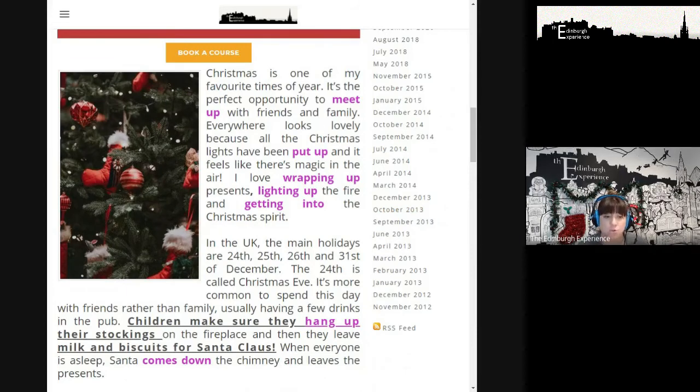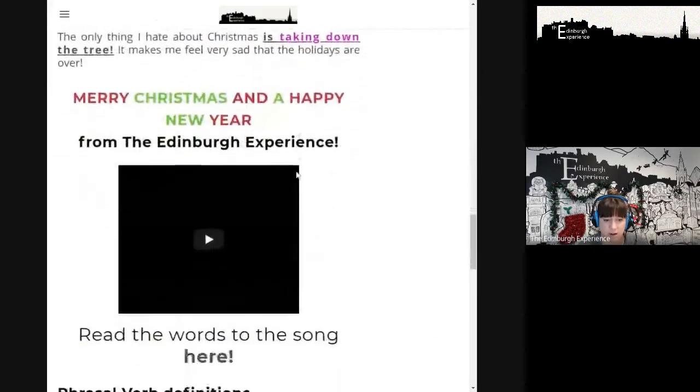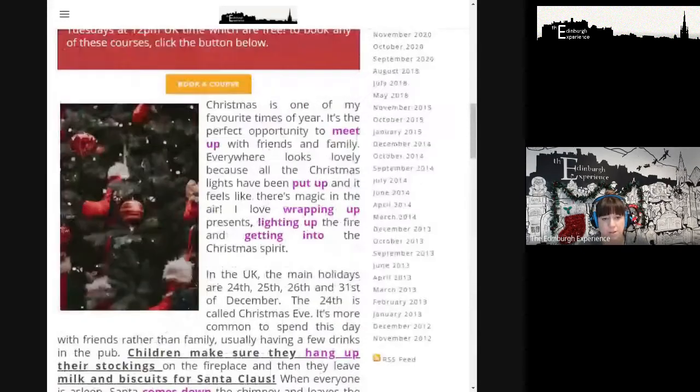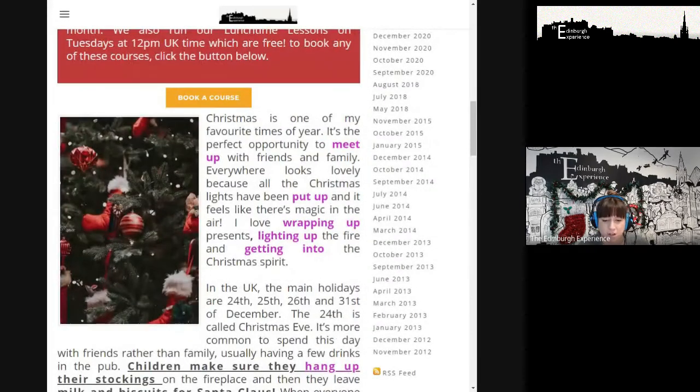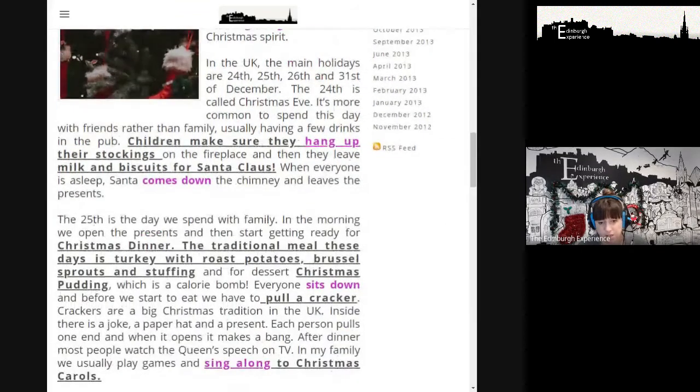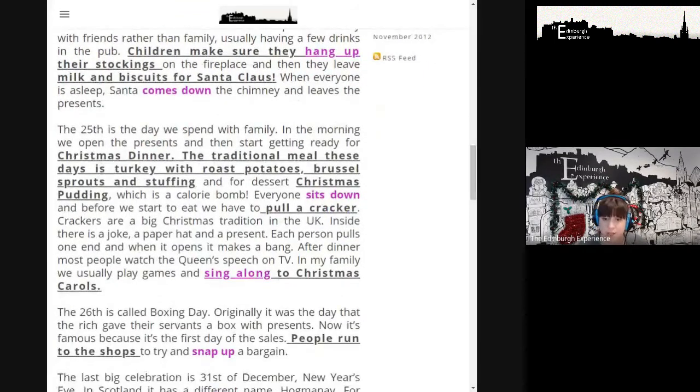So I'd like you to read through the text, and I do have the answers down here, but don't look at them yet, okay? So read through and see if you can understand the meaning of the words from the context, okay? And then what we're going to do afterwards is we're going to discuss them together, and we're going to see if we can think of an opposite for each of these. All right, so I'll give you a few minutes to read, and then we'll come back to the task.